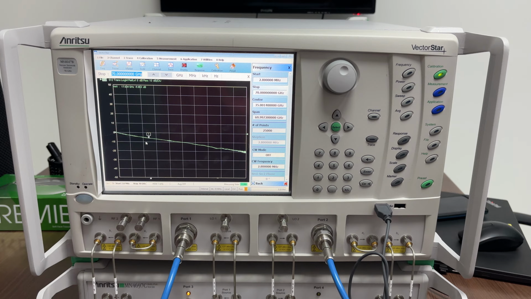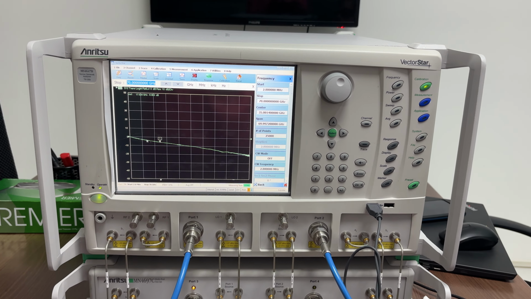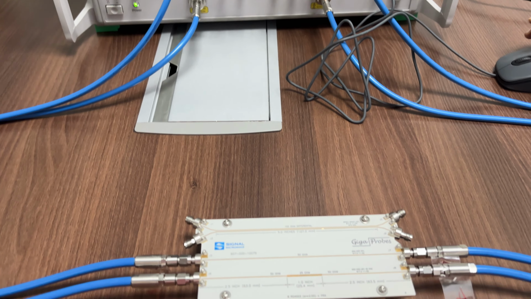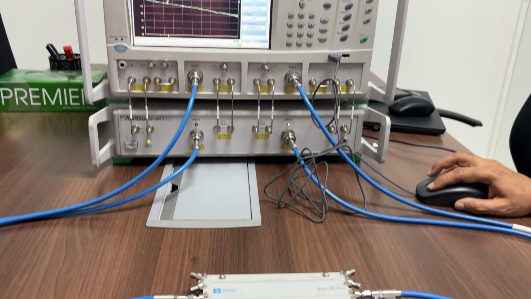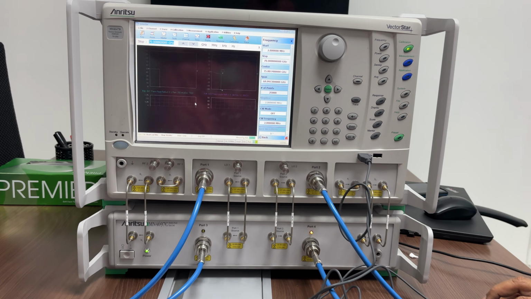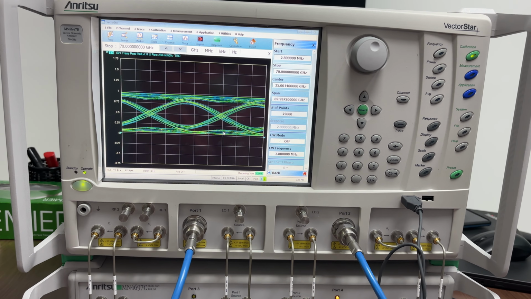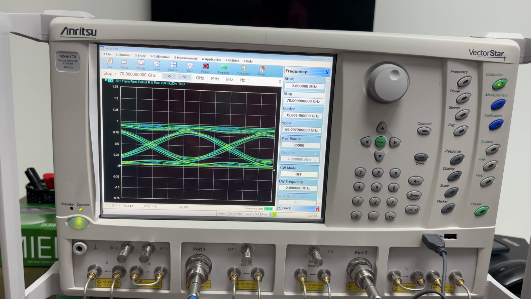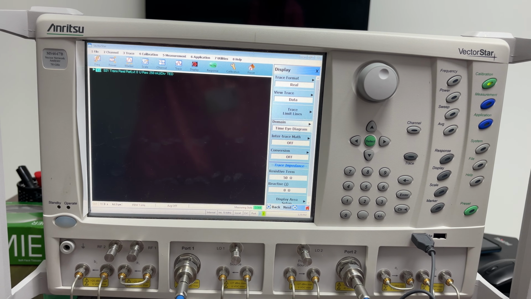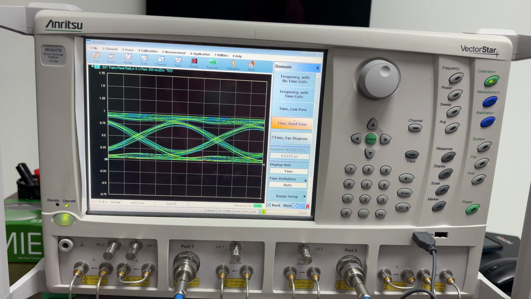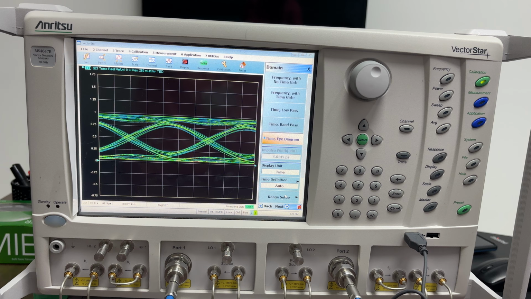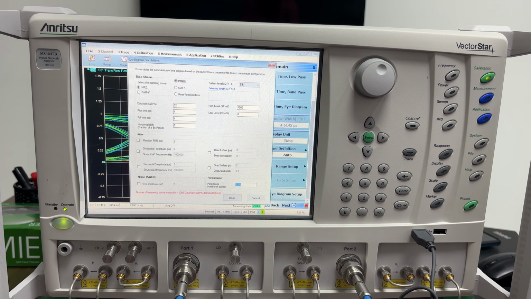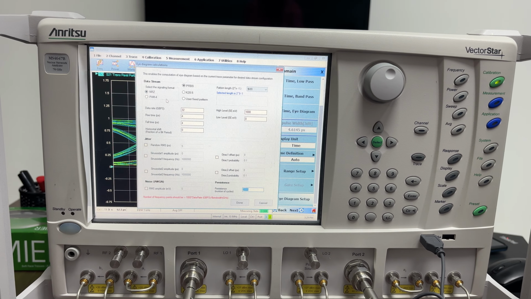So what is the important thing which we generally see in this particular instrument is, using this transmission line, how good the data will go. To show that, we have an option for the eye diagram. So directly using the eye diagram we can show how good the signal can go. Using this eye diagram we will be able to generate different types of signals. So here you can see that we can generate an RZ or a PAM4, or we can generate different